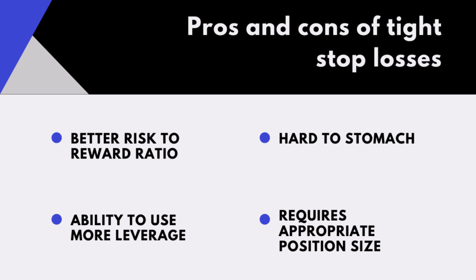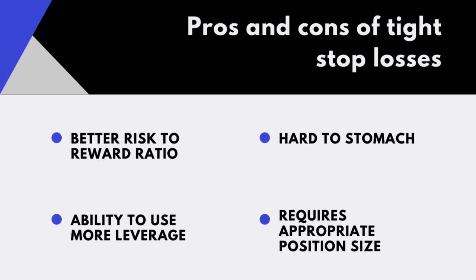If you're using a stop loss based on the average size of the recent bar, it will be comparably smaller than the stop loss based on the recent swing, and this way you can apply more leverage. So coming back to the example of stocks, you can just buy more shares of the stock, unlike if you're using a wider stop. Of course, there are some cons of using a tight stop loss, and the first one